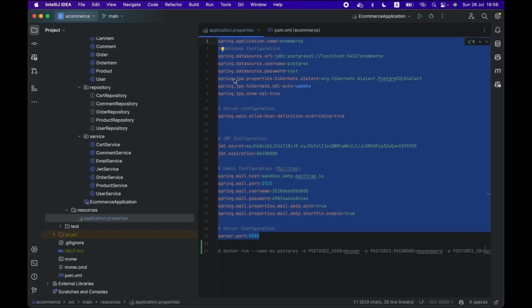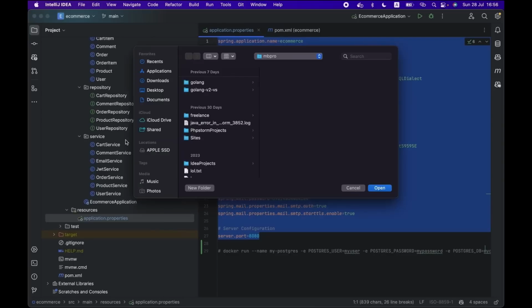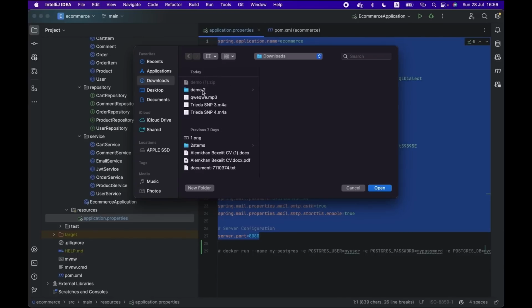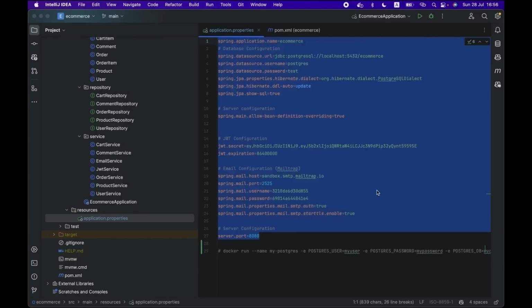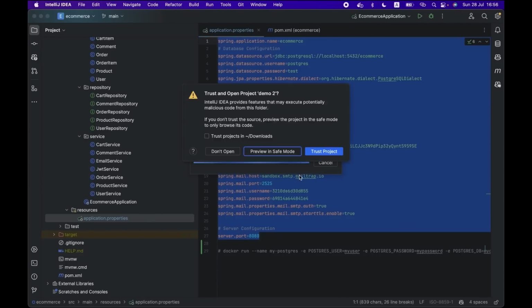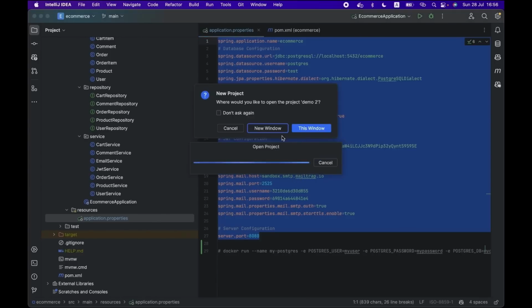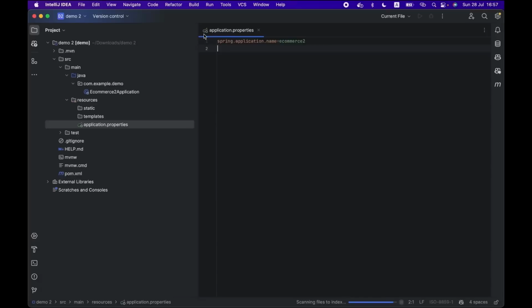You can, of course, use different IDEs such as VS Code or Eclipse, and you can download some plugins for those IDEs also. So yeah, first we need to launch our application here, demo 2 in our case. After it's launched, we can pass to our application properties,